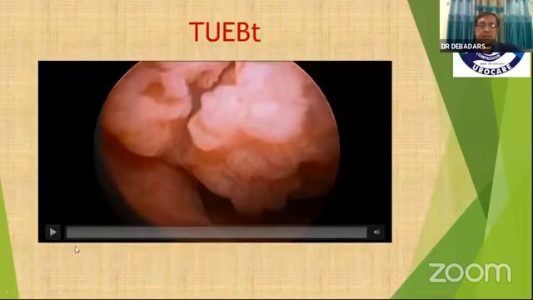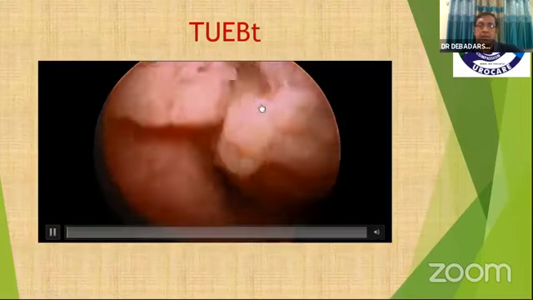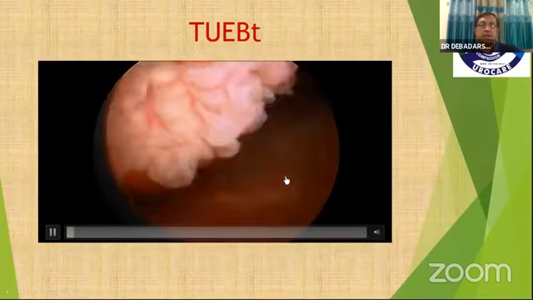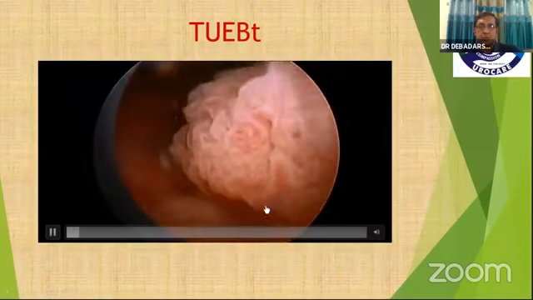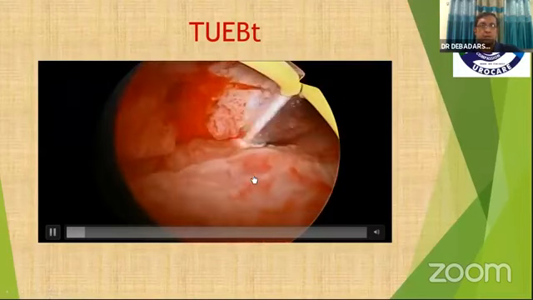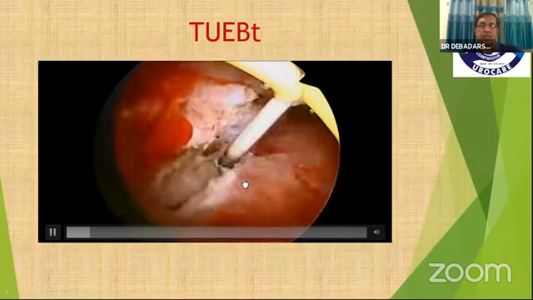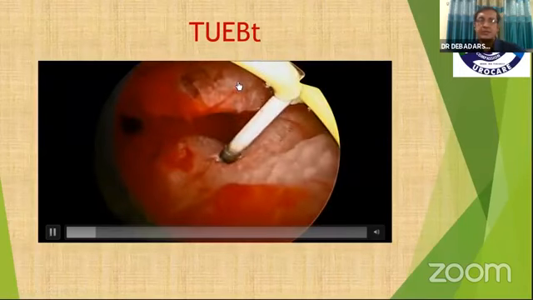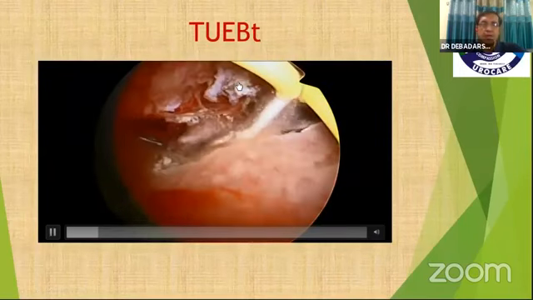This is a video where it is a 3.5 centimeter tumor. It is very close to the VUJ. You see this en masse enucleation of this, where